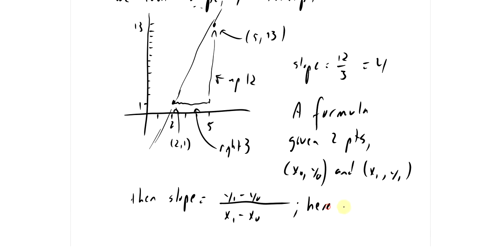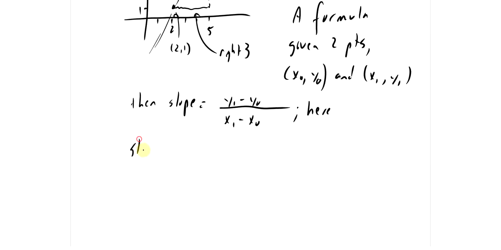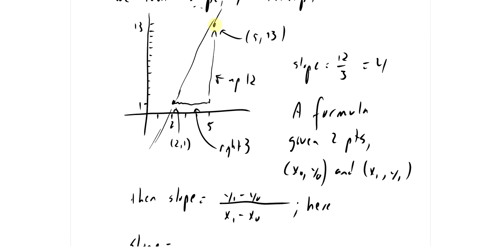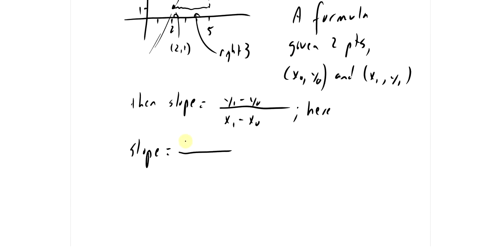Here, what's my slope? Well, if I take x1, y1 to be this point, then that means y1 is 13, y0 is 1. Right? So this is the height at this point. The height at this point is 1. So we get 13 minus 1. And x1